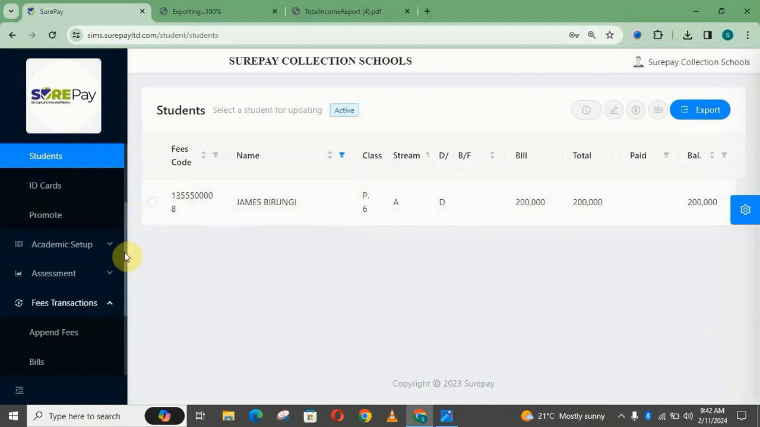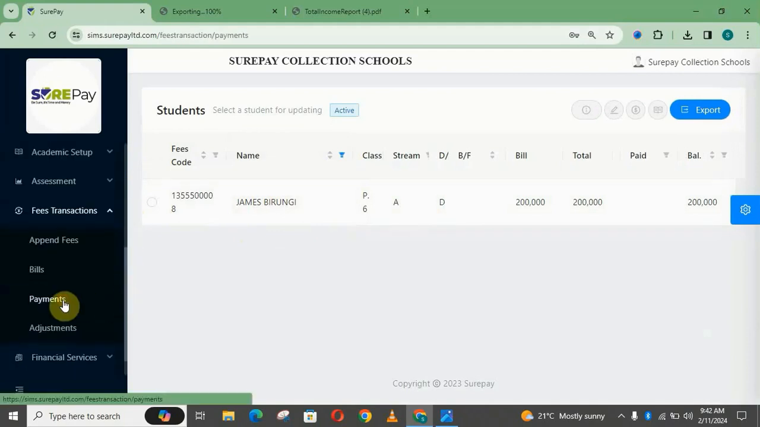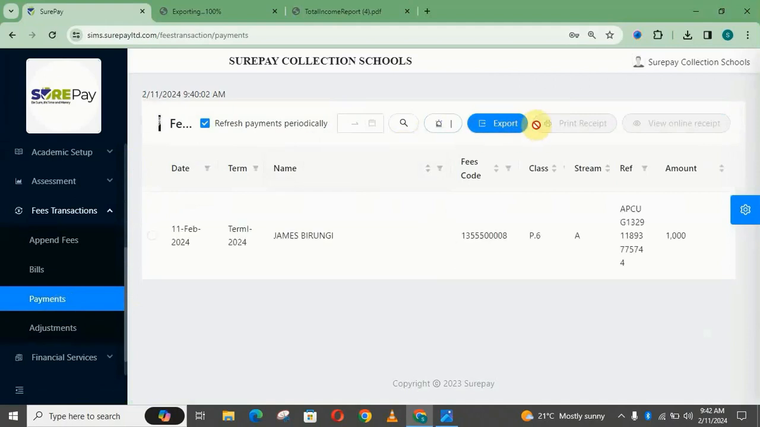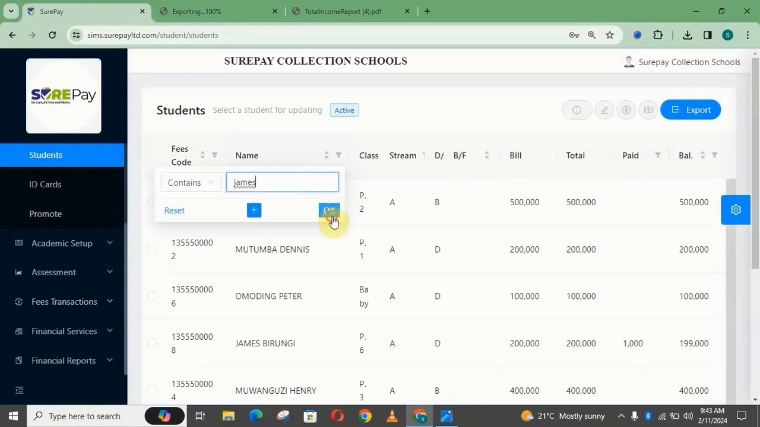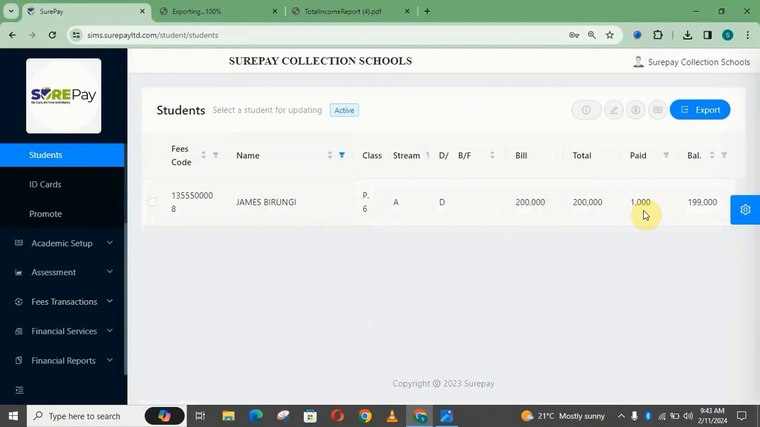we need to see if there is any change by coming to payments and then select yes. You see, James Birungi has made a payment of 1,000, and if we come to the section of students here and then locate James here, James paid 1,000, so the total balance is 199,000 as the balance. So that is always how you view your payments first,